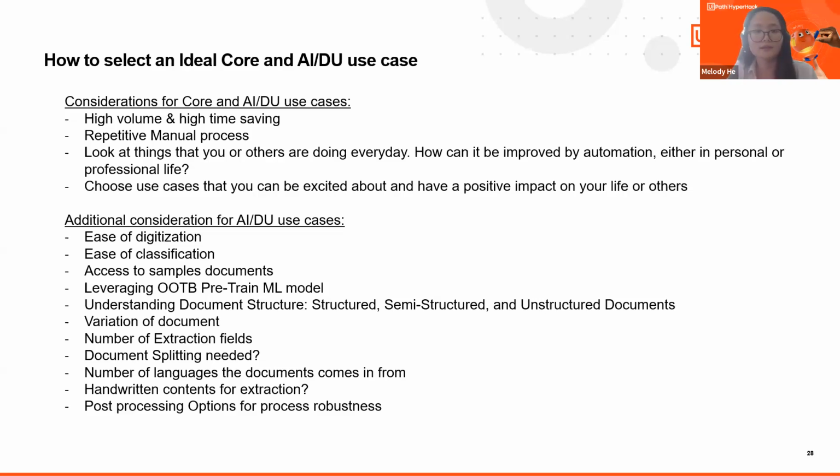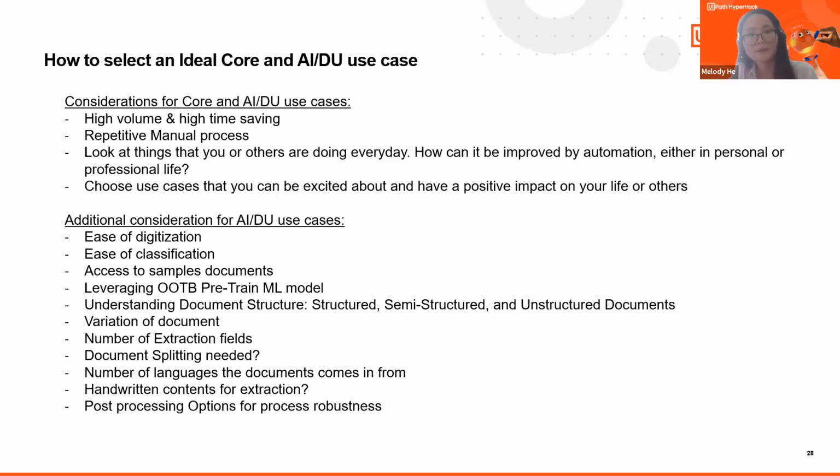The second thing to think about is the classification part. Sometimes you might have a use case where you know the source only comes from a particular place, and then you can just use RPA to do the classification. Or sometimes you might leverage an intelligent keyword classifier or ML classifier if the documents are very similar to that extent. So think about how hard it is to classify from document type to document type, which can help you find an easier AI DU use case to tackle to get yourself up to the skill that you need to build a great classification.